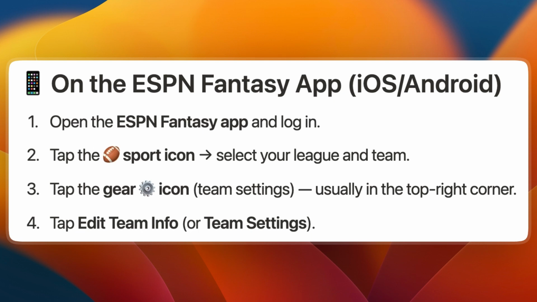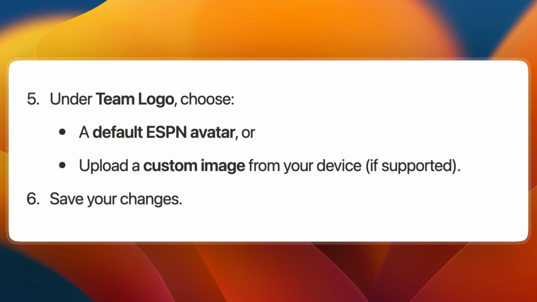On the app, first just open up the app and log in, then tap the sport icon and select your league and team. From there, tap the gear icon, which takes you to your team settings, usually in the top right corner. From there, tap edit team info or team settings. Then under team logo, choose a default ESPN avatar or upload a custom image from your device if supported, and